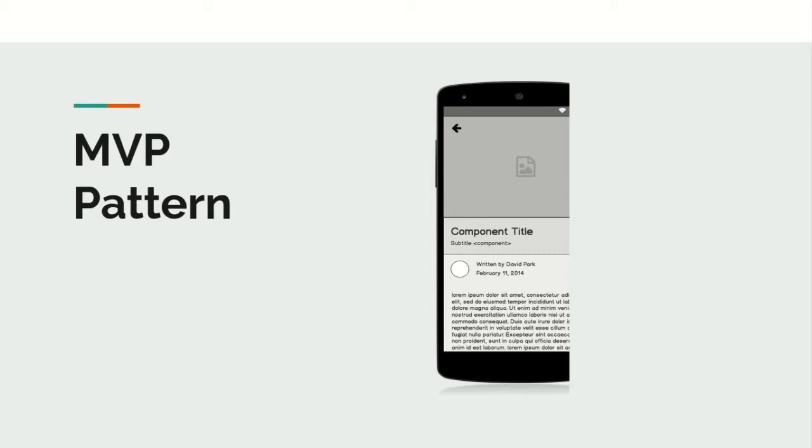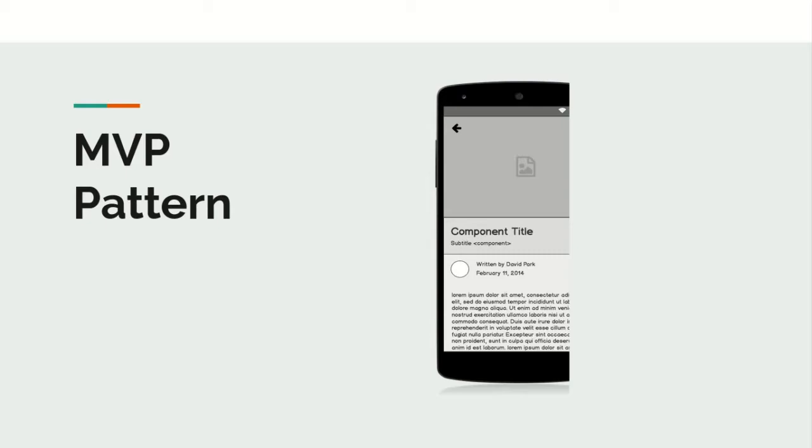So in the last video we talked about MVC architecture and we also implemented a simple application using MVC. I hope you ran the application. I'm sorry, in the video I forgot to run the application, but I think you ran it and I hope it went well. So in this video I'm talking about another alternative pattern of coding, which is MVP,